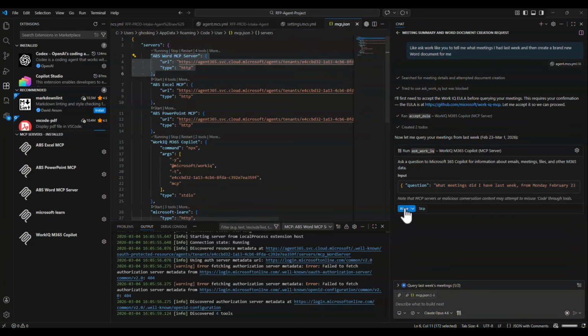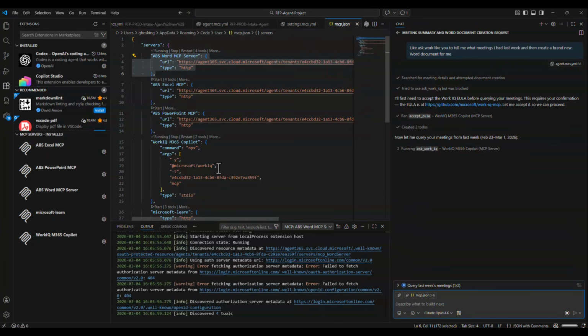But it just means then I can stay in one place. I'm not having to traverse different screens or different windows to gain access to the information I need. So as a product manager, I can be sat within VS Code looking at the product that's being developed for me. And then I could say, well, what's in my calendar? Or can you create me a brand new document based on these assets that I'm seeing in front of me, just by using MCP servers, and it just shows you the power of using these MCP servers